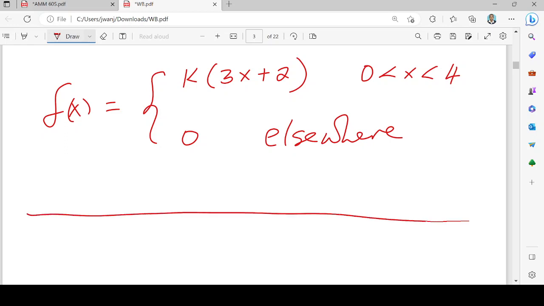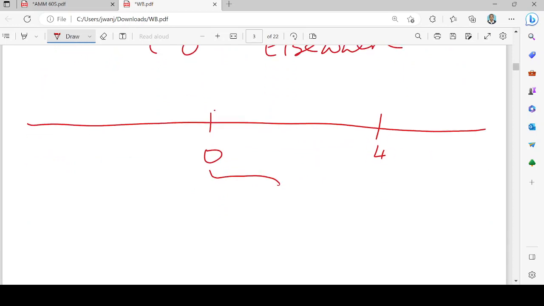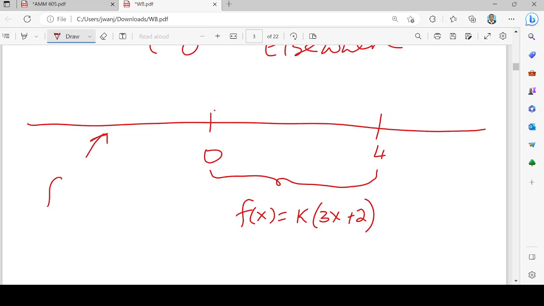So we can write that between 0 and 4, in this interval, the function f of x is equal to k into 3x plus 2. In any other interval, f of x is equal to 0. It is possible, therefore, to plot this function f of x, but the plotting may not be